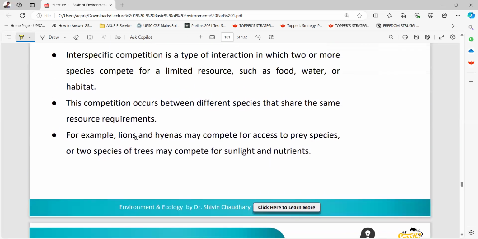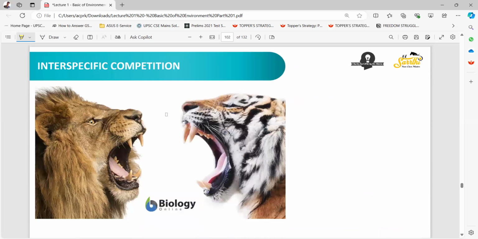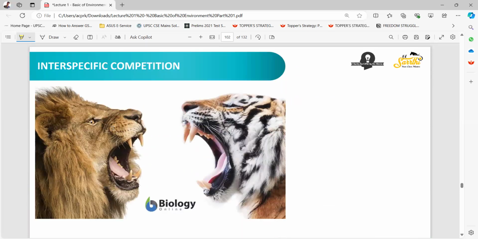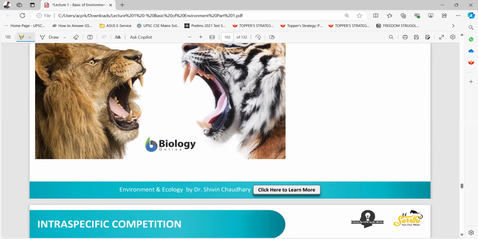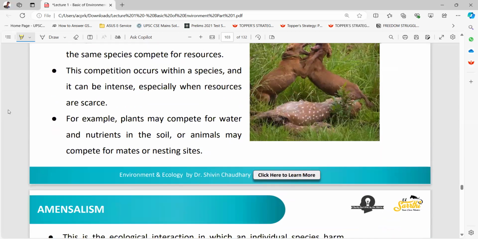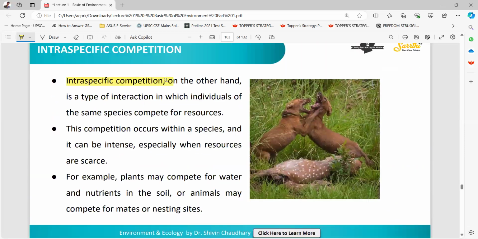For example, lions and hyenas may compete for access to prey species, or two species of trees may compete for sunlight and nutrients. Interspecific competition. Okay, interspecific competition. Here is an example of lion and tiger. Intraspecific competition. Intraspecific competition, on the other hand, is a type of interaction in which individuals of the same species compete for resources. This competition occurs